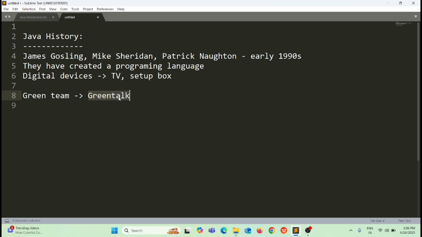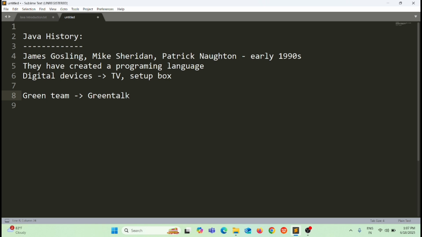Okay, and if we think about something like a text file, what is the extension? .txt. For PDF, we have the extension .pdf. For image files, we have extensions like .png, .jpg. Same like that, to open GreenTalk, not Java, there should be some extension.